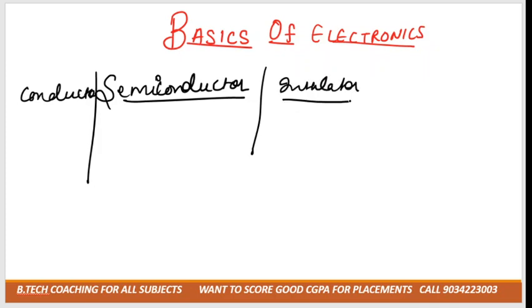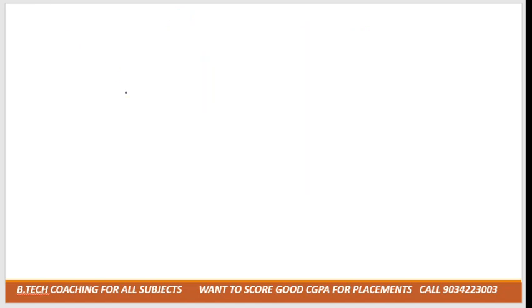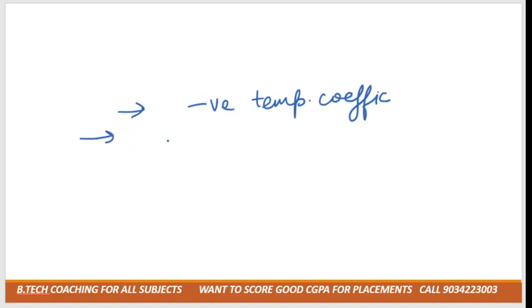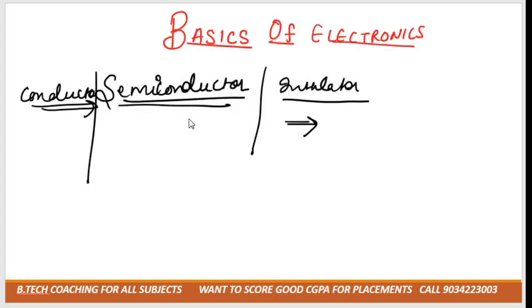An insulator would not allow the current, right? A conductor easily allows the current, but a semiconductor stops some of the current and allows some of the current. Okay, semi means in between, so it is between a conductor and an insulator. Basically, a semiconductor has a negative temperature coefficient. I'll tell you what a negative temperature coefficient is. And the resistivity of the semiconductor is less than that of an insulator, but more than that of a conductor. It means it is in between a conductor and